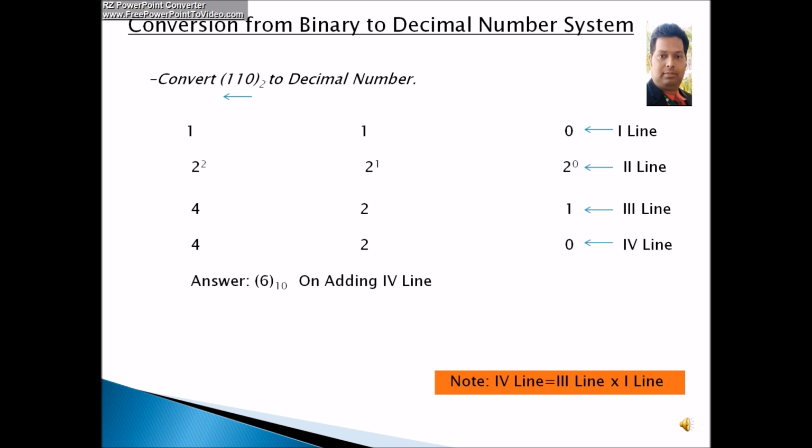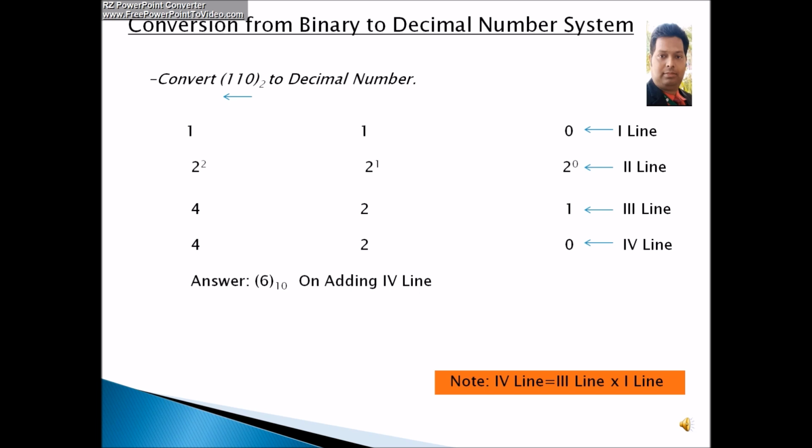One thing I would like to add here, that the second line is the exponential form. The place value exponential form is the second line. Now the third line is the simplification of the exponential form. Now you can see 2 power 0 turns into 1. Any number which has power 0 turns into 1. Now towards left, 2 power 1 turns into 2, 2 power 2 turns into 4.